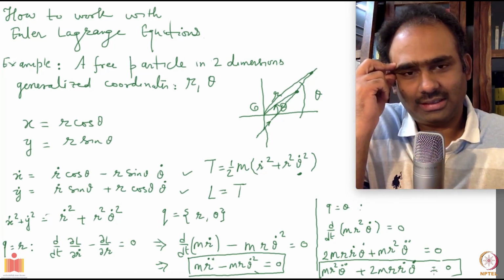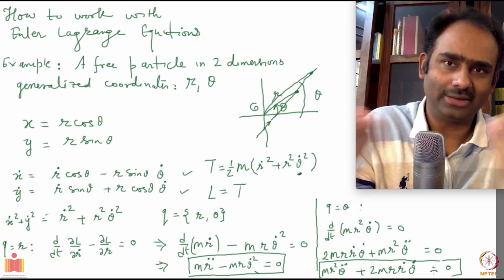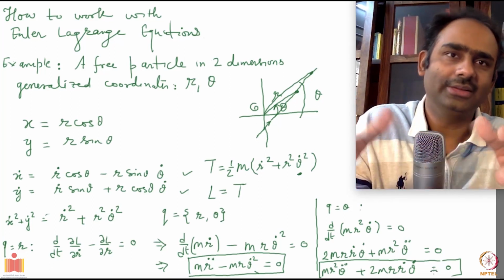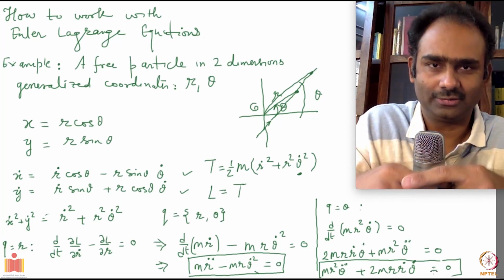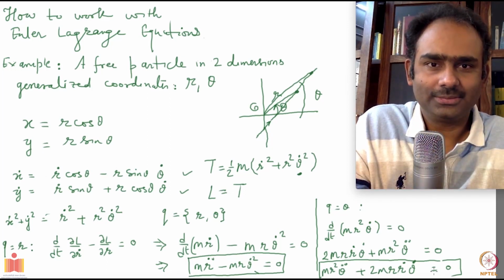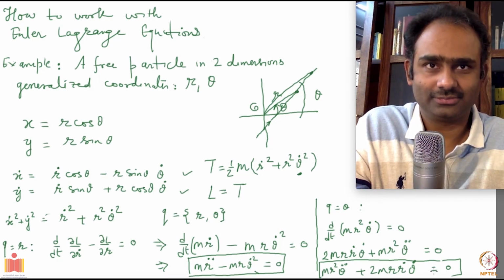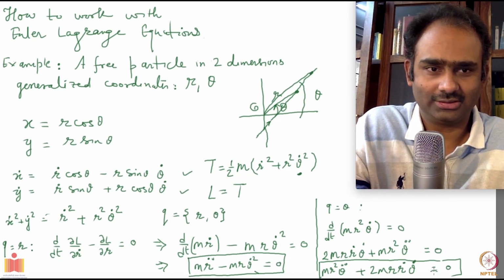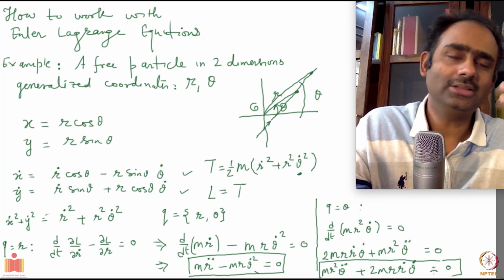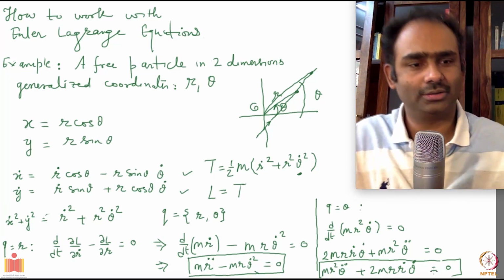Now we'll assume that there are forces also present and look at the same problem, a single particle in 2 dimensions, when there are forces present. Let's see what it will look like. As far as the left hand side goes, in the Euler-Lagrange equations, what you have got here is already correct. All you have to do is look at the generalized forces on the right hand side, Q alphas. So that's what we are going to now look at.